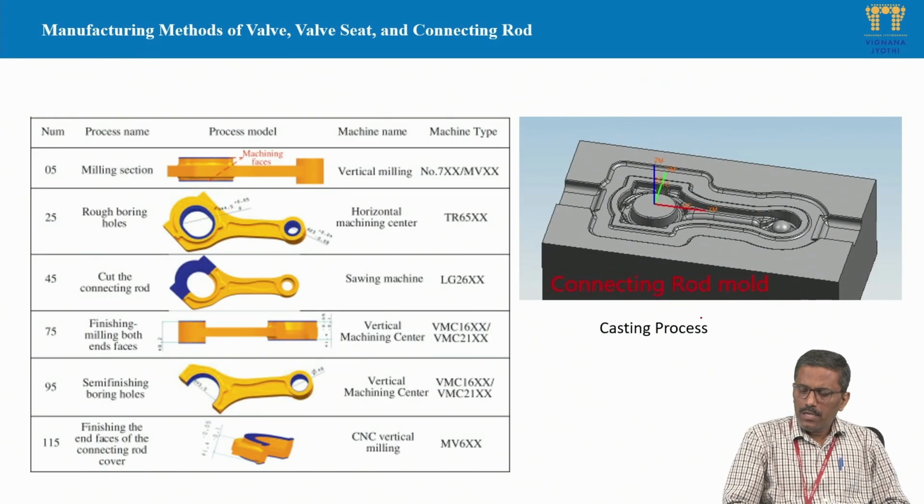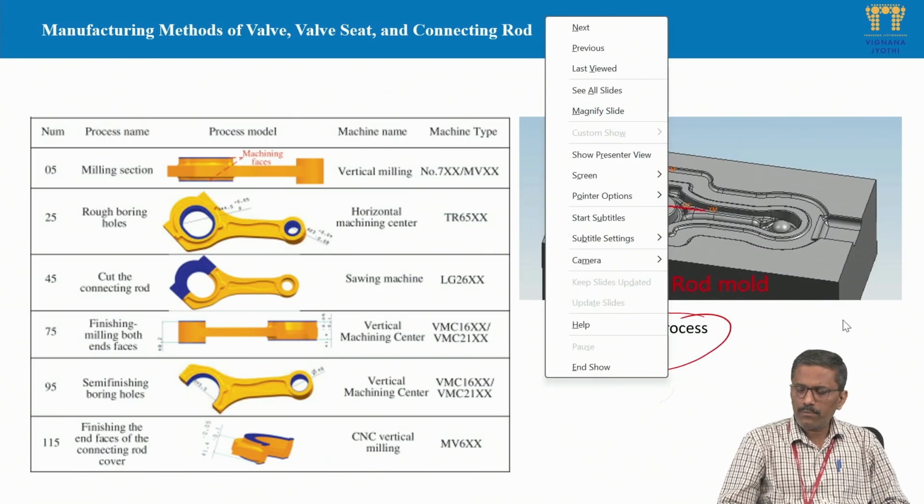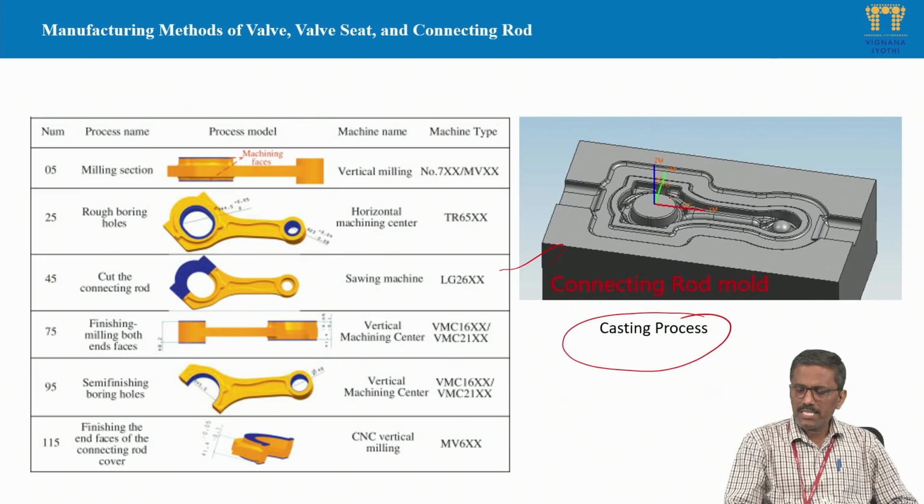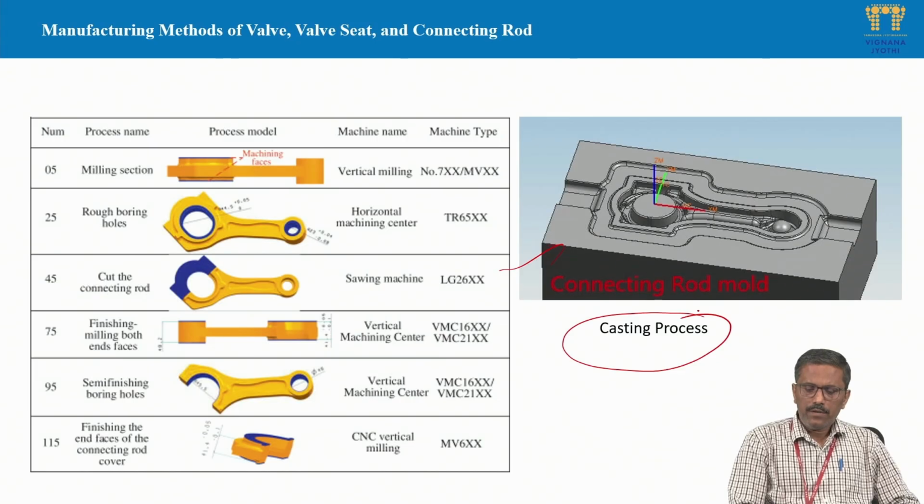So one of the methods to manufacture the connecting rod is the casting process. In the casting process, you can see here, this is a die. So mostly we use the die casting process. In a die cavity, the shape of the connecting rod is prepared, and then we pour the molten metal into the die, and after solidification we take it out, and finally we get the connecting rod using the die